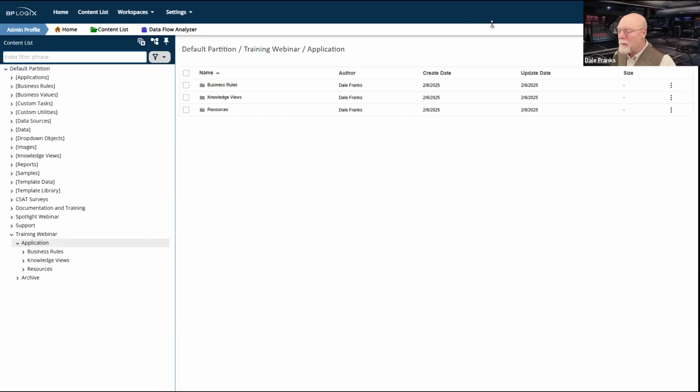Won't it make sense for BPL to restrict using the square brackets in the folder name? So we're back to the square brackets. That's a more complex question than you would think right off the bat. Sure, we could, if we wanted, restrict the use of square brackets specifically to folders that are at the root level of the partition. We intentionally do not do it. If you want to use something as a system folder and put it anywhere in the content list, we're going to allow you to do that.